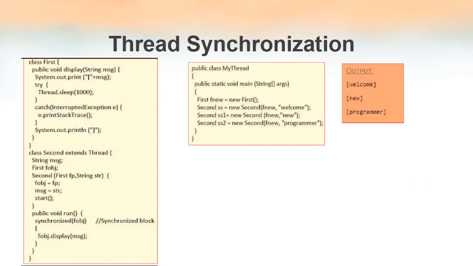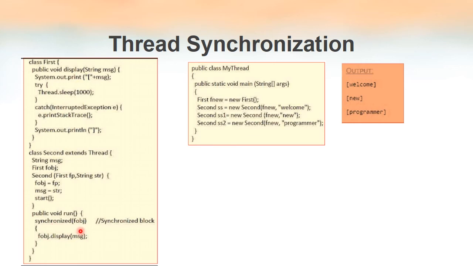We are using the same example that we have seen in this video so far. But here, as you can see, the method display is a normal method. We have not used the keyword synchronized there, but we have used synchronized inside the method run. Here we have created one block separately. What is a block? A block means a pair of opening and closing curly brackets. That creates a block. So here we have opened a curly bracket and closed it, and we gave it the name synchronized. So that block became a synchronized block.